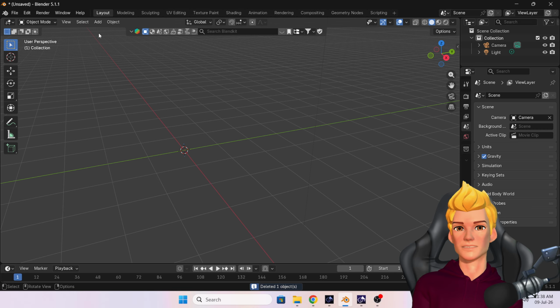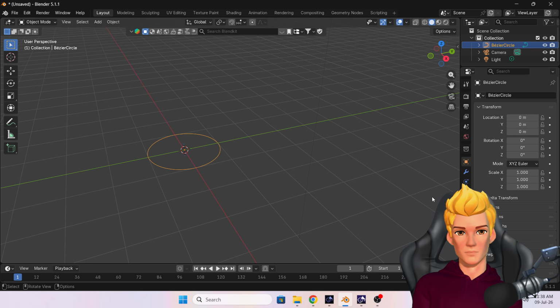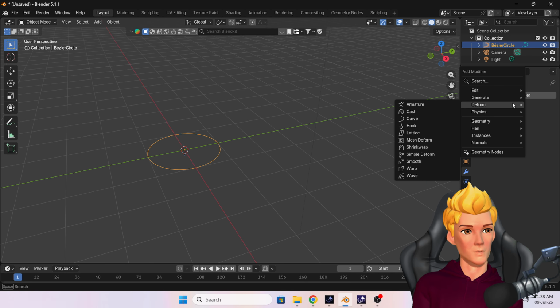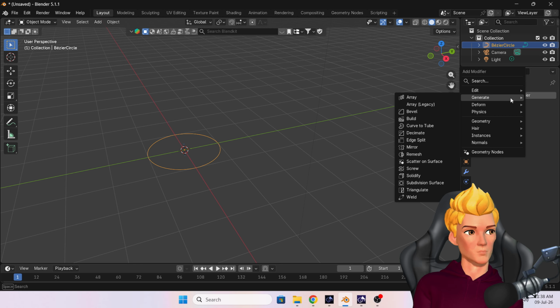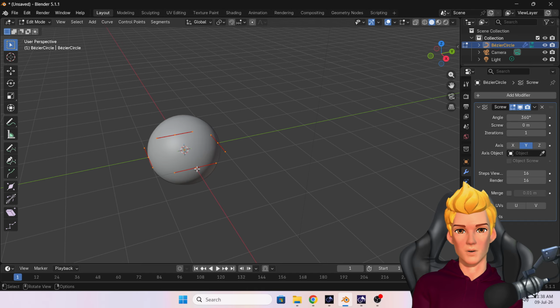First I'm going to delete this cube, and then I'm going to add a circle, and then I'm going to add a screw modifier. Where is the screw modifier? And then I'm going to select y-axis, and then I'm going to go in edit mode,